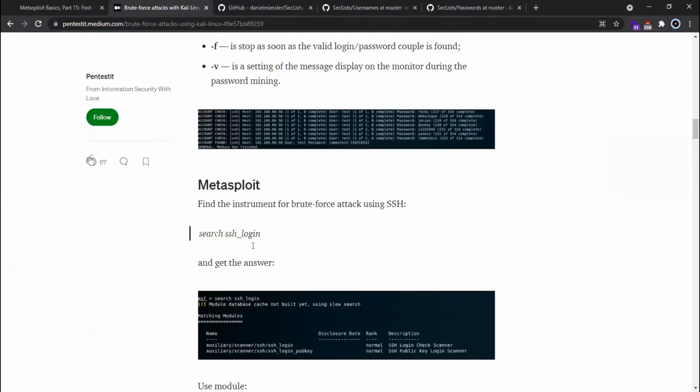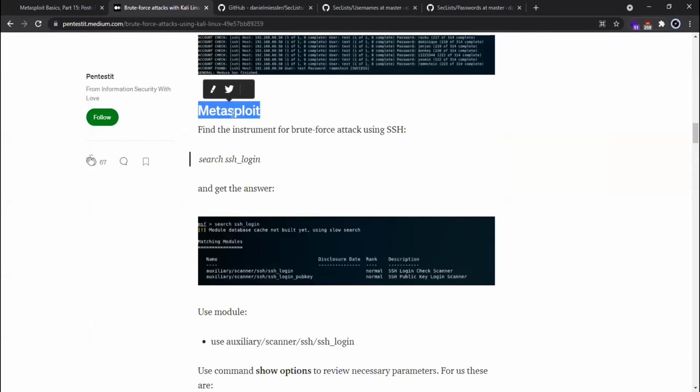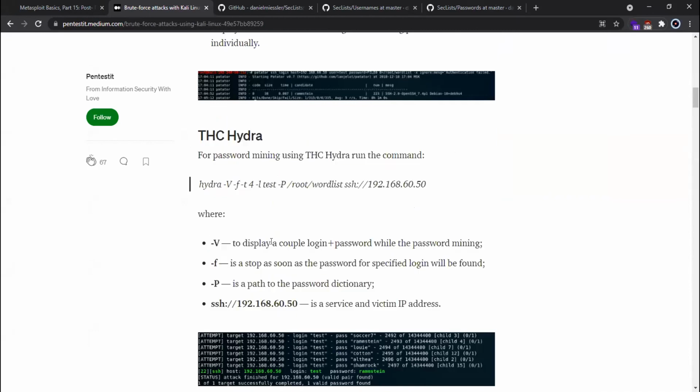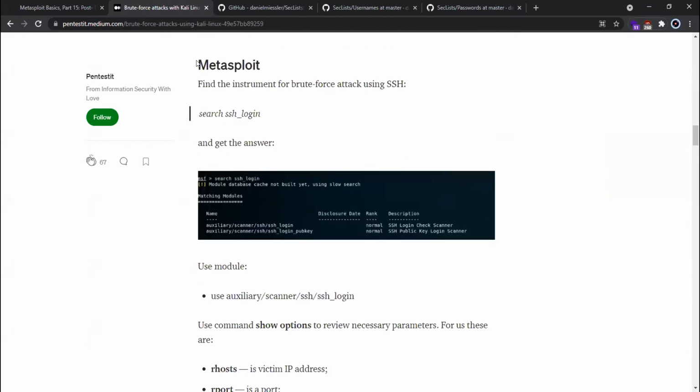Yeah. So first we'll be using Metasploit here. You can use Hydra as well. But I'll show you Metasploit as we have done Metasploit before, and you'll be familiar with this as well. So Metasploit, basically we're using it to brute force SSH. So as it suggests in this guide, we'll search ssh login.